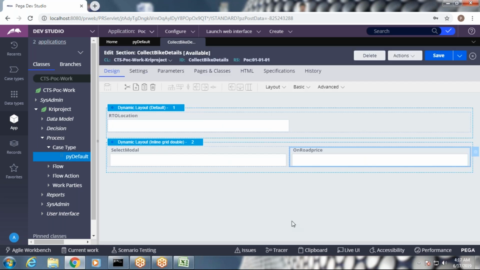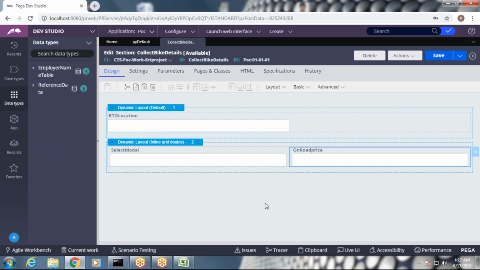How to display select model and on-road price? Both are actually drop downs, right? Then how many ways have you done to populate the drop downs? Yeah, we did pick list, we did table, we did value field, I think.